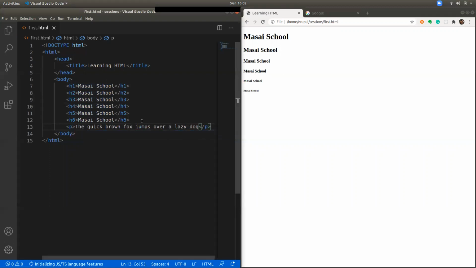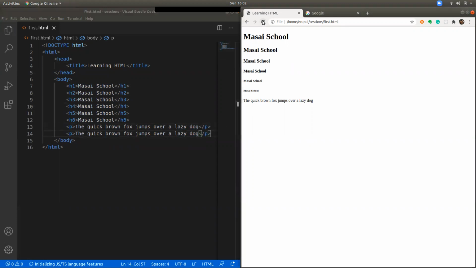So let's say I defined a paragraph of text. I want to showcase it, and you can see it has certain behavior, like it is not bold, and it is in a single line. And as soon as you put a new paragraph, it appears in a new line. It doesn't appear side by side, and there is certain distance between two paragraphs, like how you see in textbooks and all the things, or any print media.